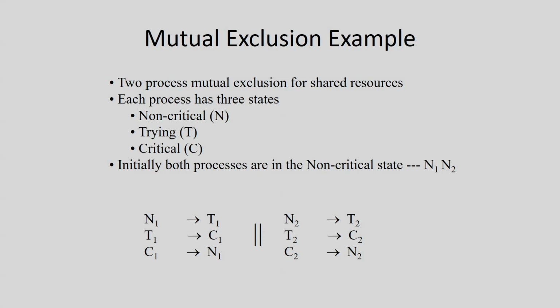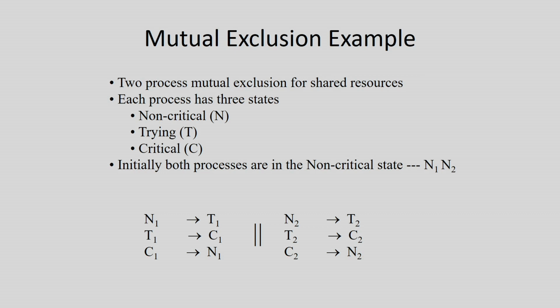Already I have mentioned a critical section, where that shared resource will be modified by a particular process. So, when I have a process, we can say that this process may have 3 different states. For our understanding, we will say that it is divided into 3 different parts: non-critical, trying and critical. In the non-critical state, the process is in a non-critical region, that means it is not doing any work with the shared resources.